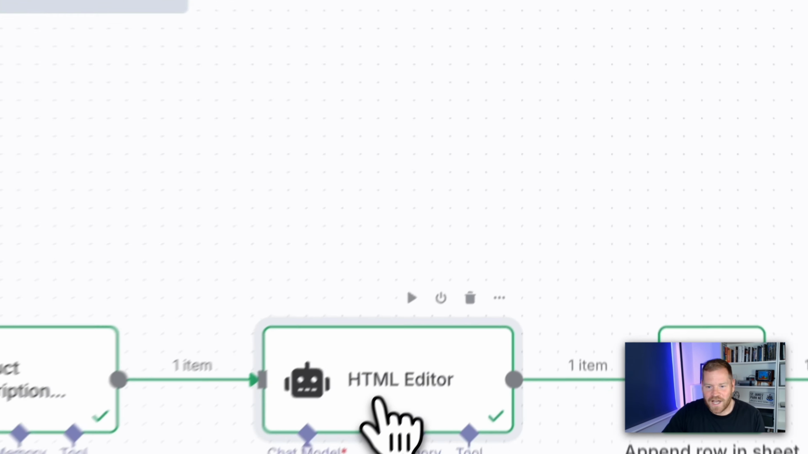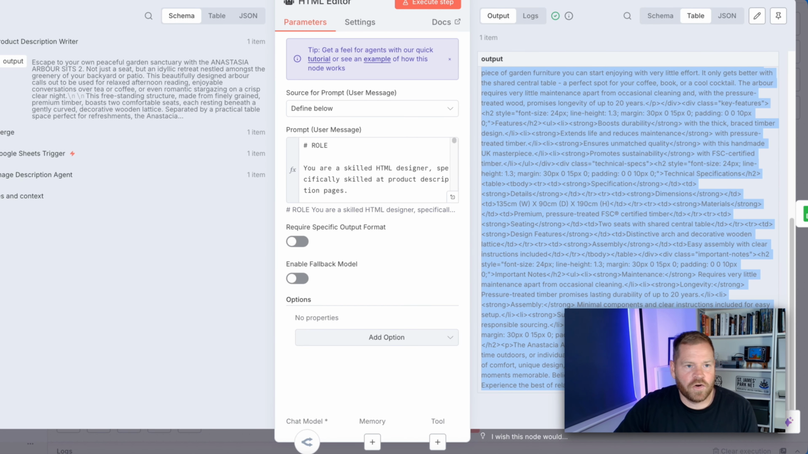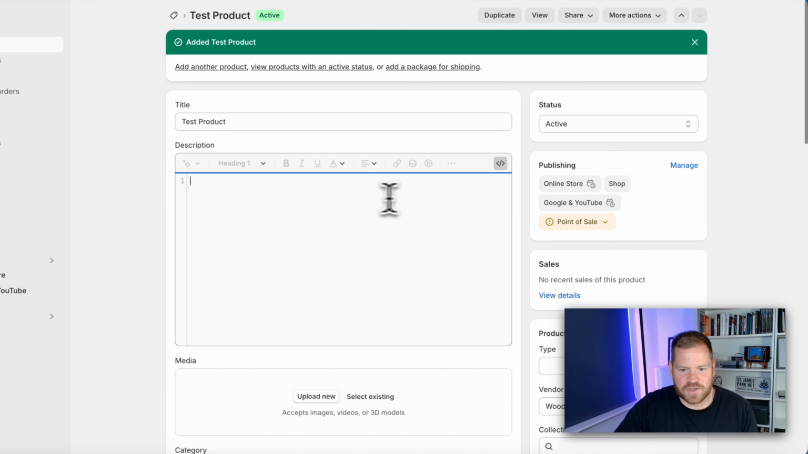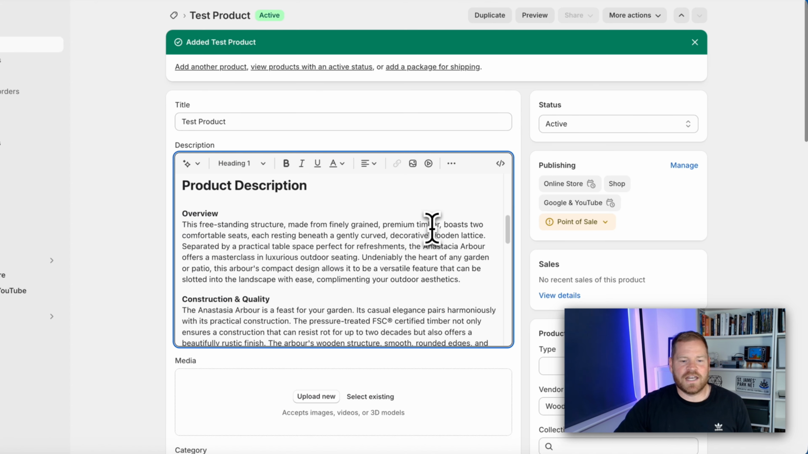And just to finish off here, I am going to grab the HTML. So I'm just going to grab that output here. Let me just copy paste that, and then head over to Shopify, and I've got a little test product here. We're on the HTML editor here. I'm just going to paste that in, click on show editor, and there we go. We have a nicely